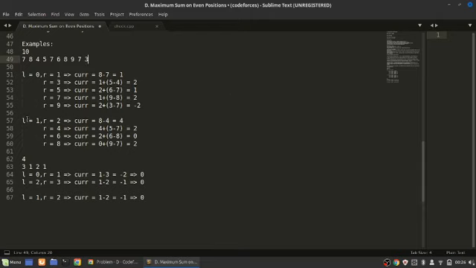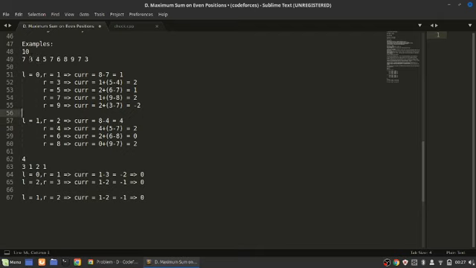Now we repeat the similar thing for L equal to 1. Take L equal to 1, R equal to 2. Now current equal to 8 minus 4, 4. Now as it is positive, we increment it by 2, and so first it was 8 4, now it is 8 4 5 7. So 5 and 7 got added. Now we do current plus 5 minus 7, which is 4 plus 5 minus 7, which is 2. Similarly, we do it for the rest of the subarray. Now from all the currents that we get, we need to find the maximum. So as you can see, the maximum current is 4, and we found this from L equal to 1 and R equal to 2.